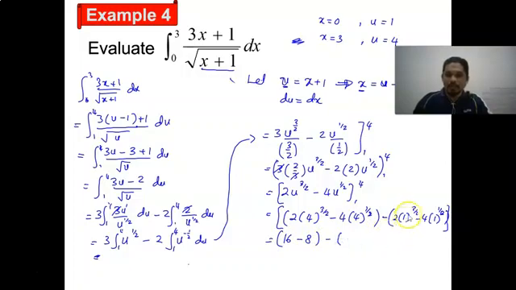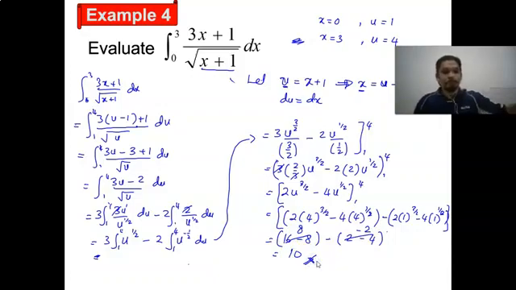Minus, okay, 1 power of 3 over 2 is still 1. 1 times 2 equals 2, minus square root of 1 is 1, times 4 equals 4. So 16 minus 8 equals 8. 2 minus 4 equals negative 2. Negative times negative is positive. So then 8 plus 2 equals 10. Okay. Next,